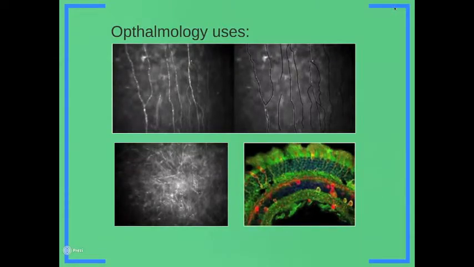In one paper, the researchers used confocal microscopy to calculate the nerve density in the cornea, shown in the upper two images. By interpreting the difference in fluorescence between the nerves and the surrounding tissue, they were able to do so. A computer program was then used to trace the nerves and calculate the density. In the bottom left image,